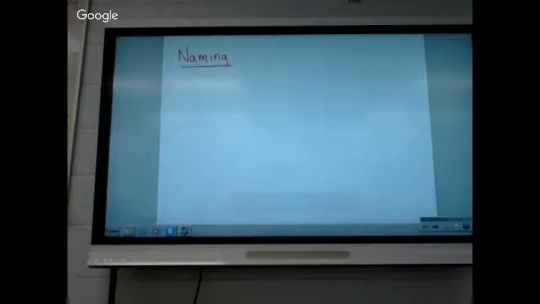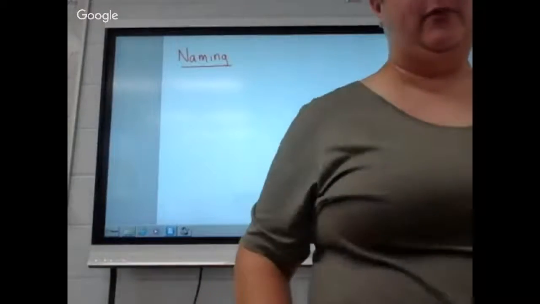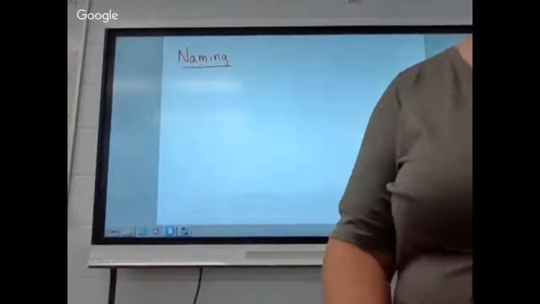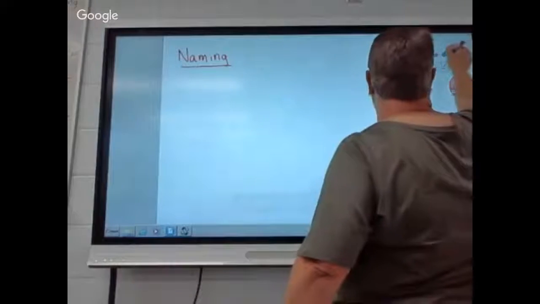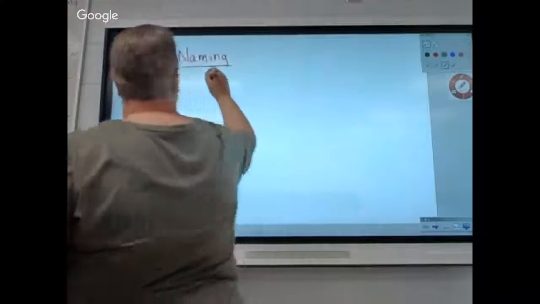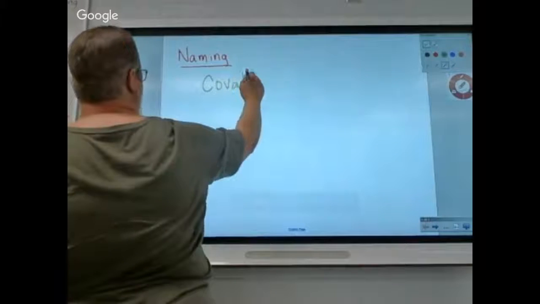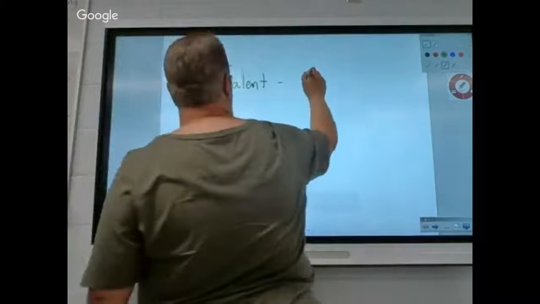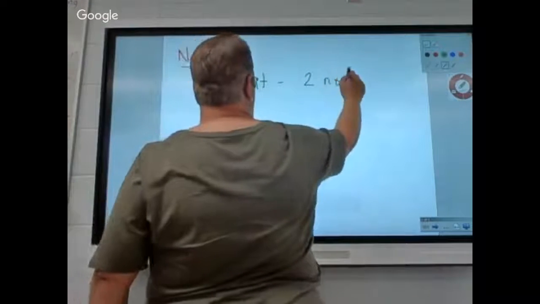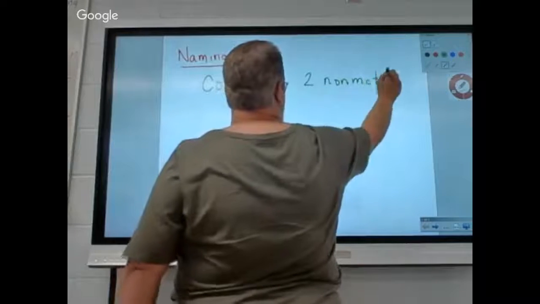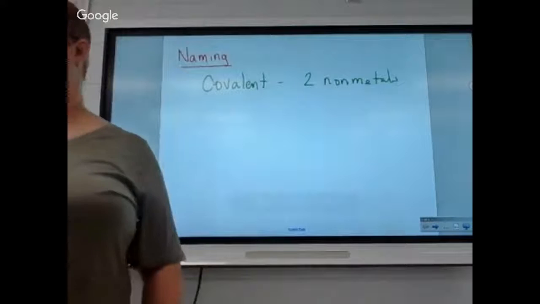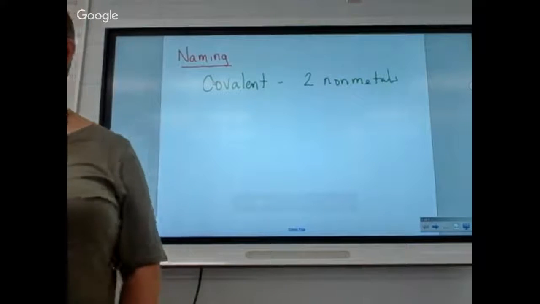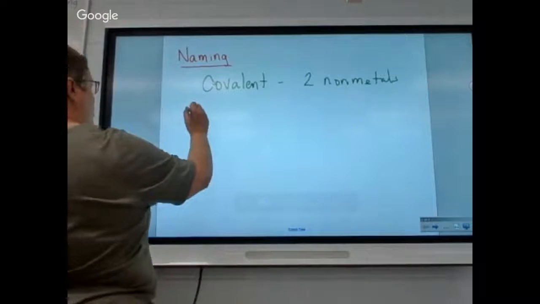Before we go too far, how can you tell if something is covalent? Does anybody remember doing that on Wednesday? How can you tell if something is covalent? Very good, Catherine. Covalent is two non-metals. Now, the biggest thing you have to keep straight, the reason I keep pointing this out, is